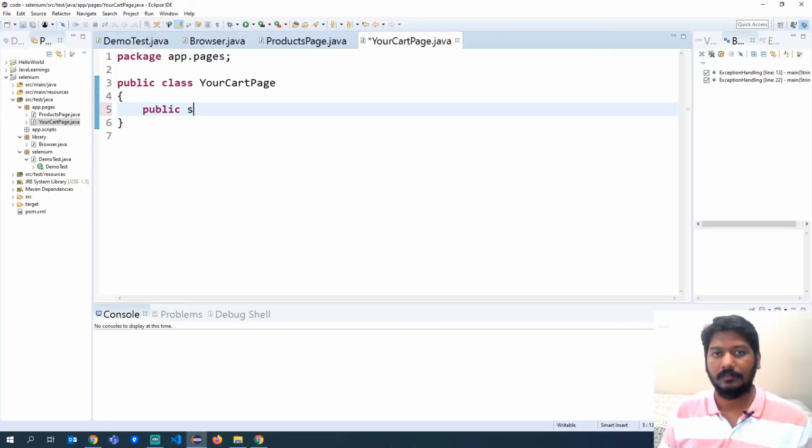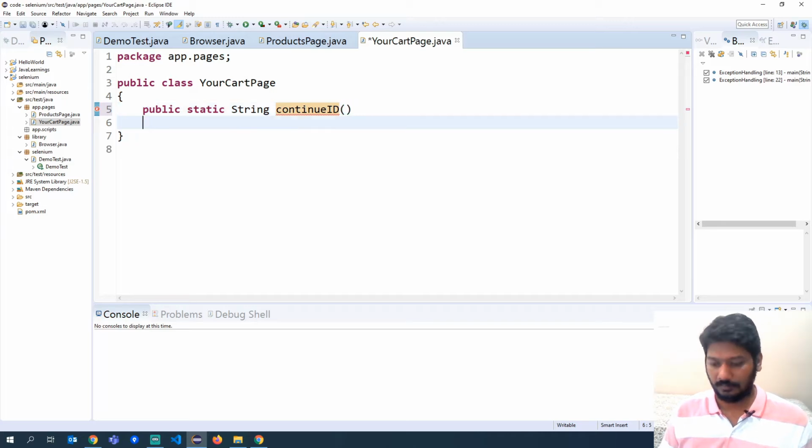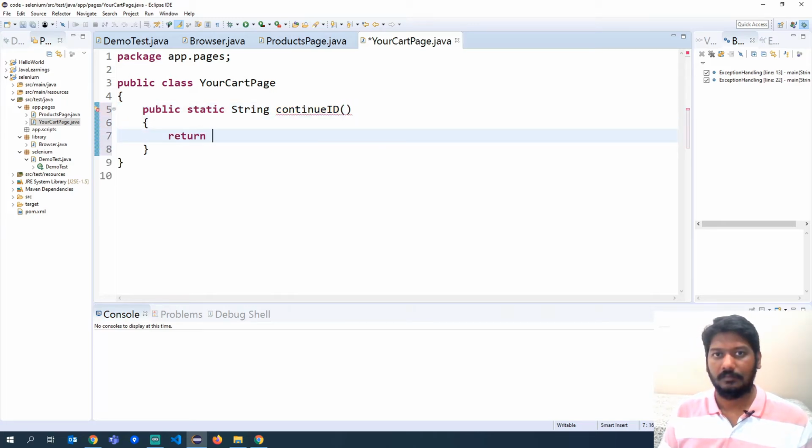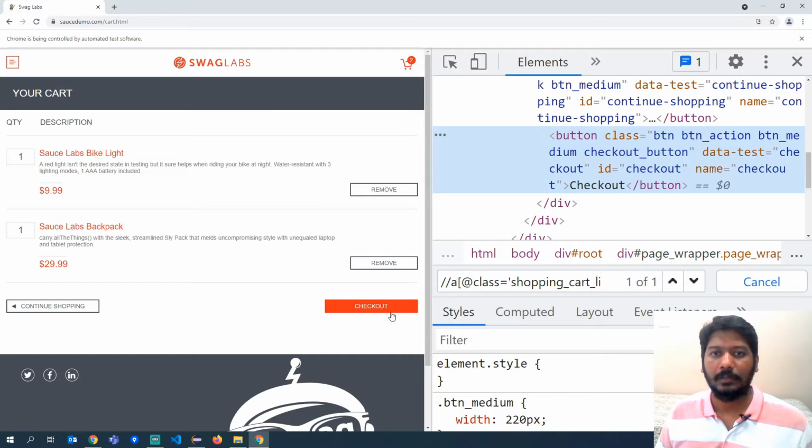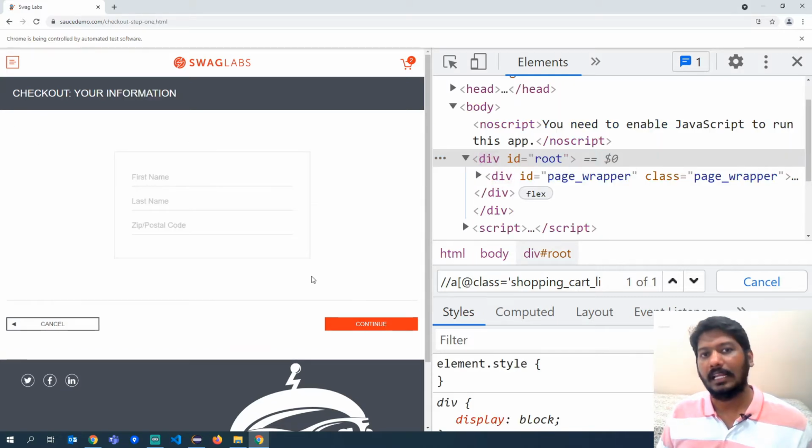Public static string continue ID. Okay. Now after this, if you click on continue, what will happen? You are getting another page which is called checkout your information page.